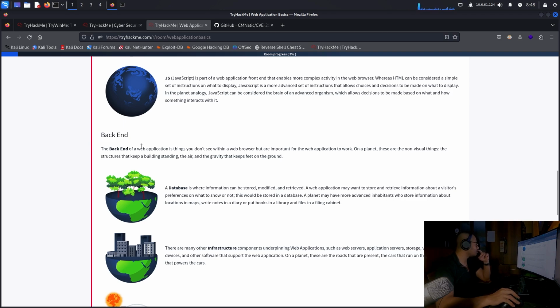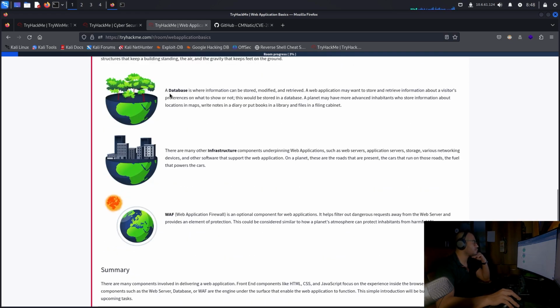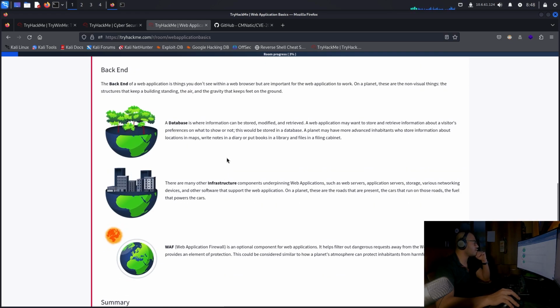Then the backend, right? The backend of a web application is things you don't see within a web browser, but are important for the web application to work. On a planet, these are the non-visual things, the structures that keep buildings standing, the air, and the gravity that keeps feet on the ground. Yeah, so we have the database. There are many other infrastructure components underpinning web applications, such as web servers, application servers, storage, various networking devices, and other software that supports the web application. On our planet, these are the roads that are present, the cars that run on those roads, the fuel that